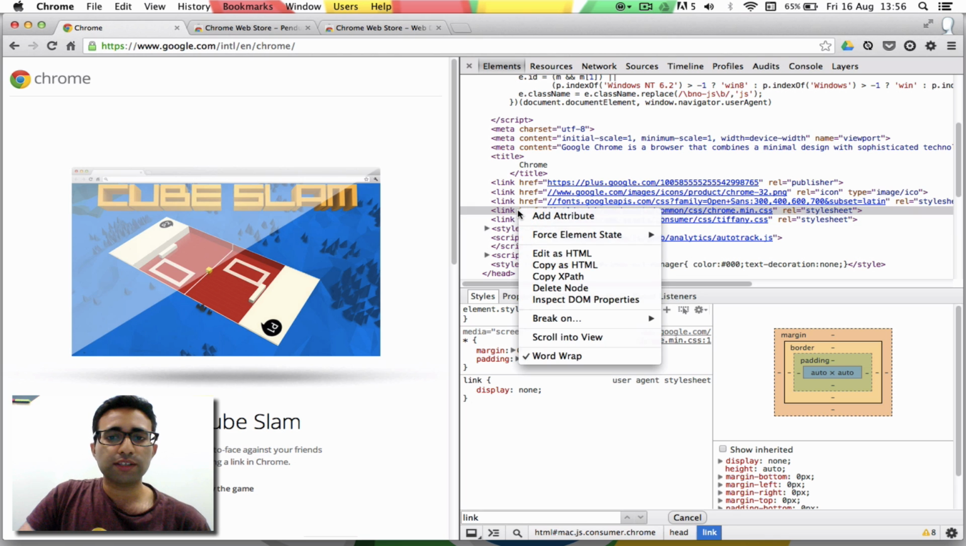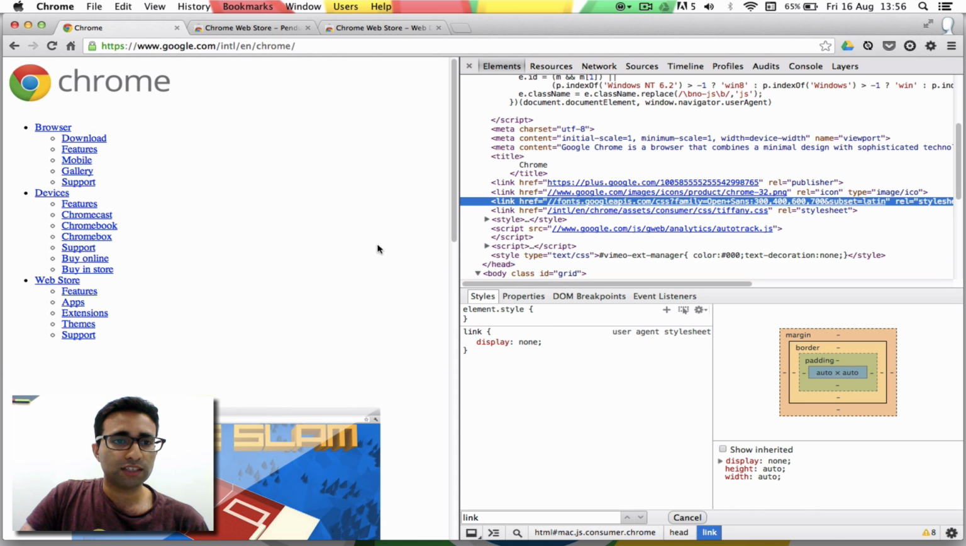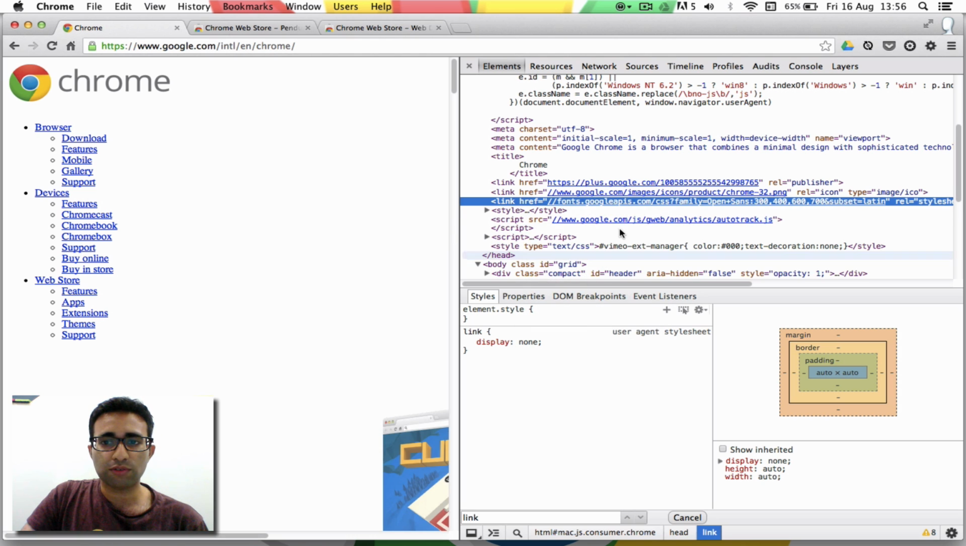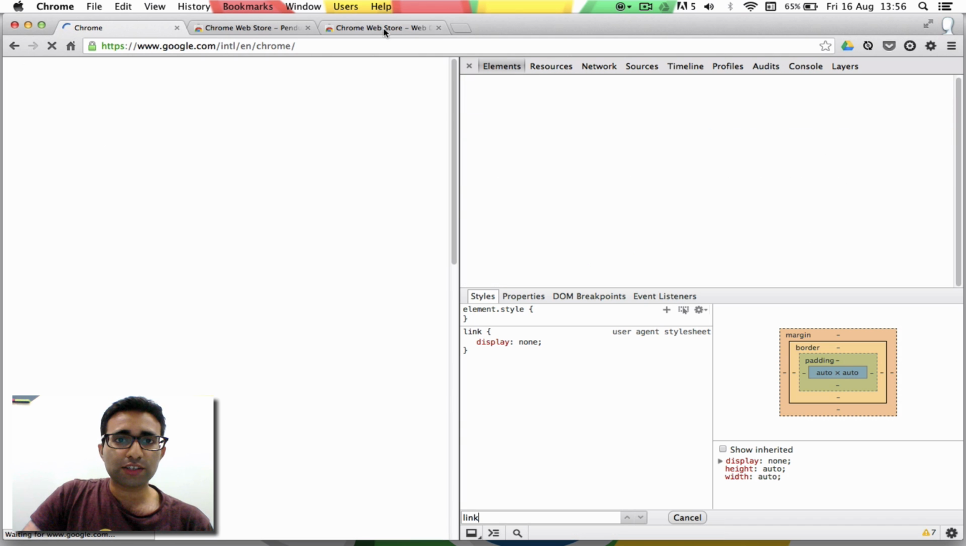I can either right-click on a node and just delete the node completely. So let's see what happens when I do that. And as you can see, that style sheet is no longer being applied to the page. I can do the same thing to Tiffany.css and get rid of that. Or alternatively, if I want, I can actually just go